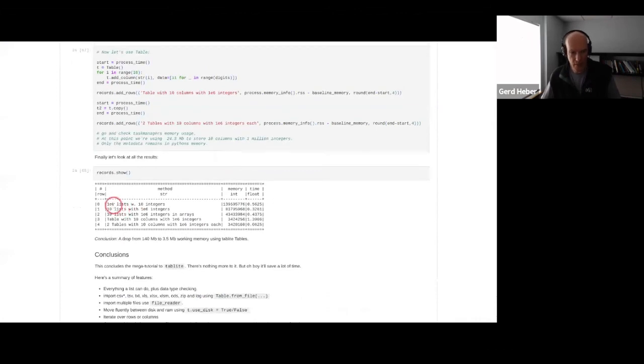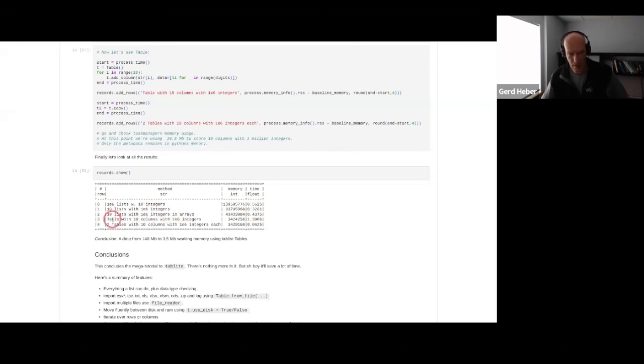For example, he writes 1,000,000 lists with 10 integers each. This is how much memory this consumes. This is how much time this takes. He writes 10 lists with 1,000,000 integers each. This is how much memory and time it takes. 10 lists with 1,000,000 integers in arrays, and so forth.